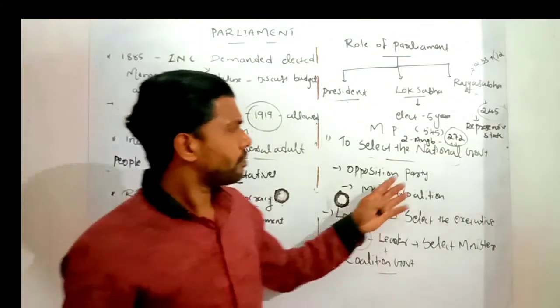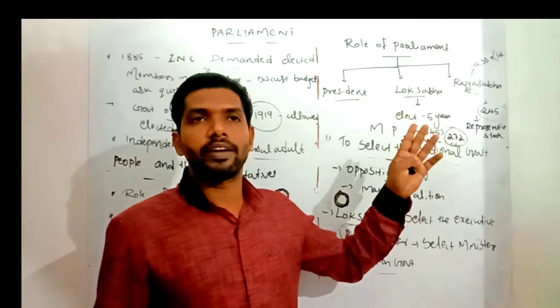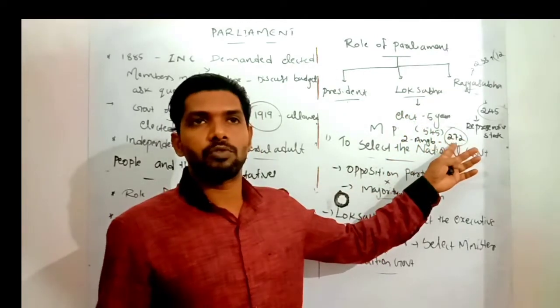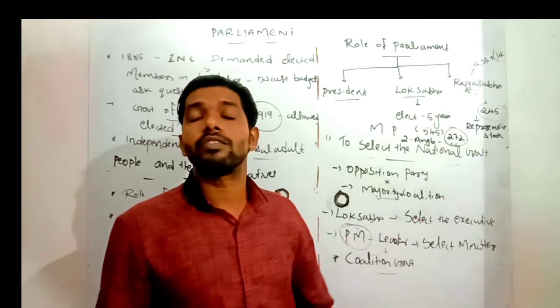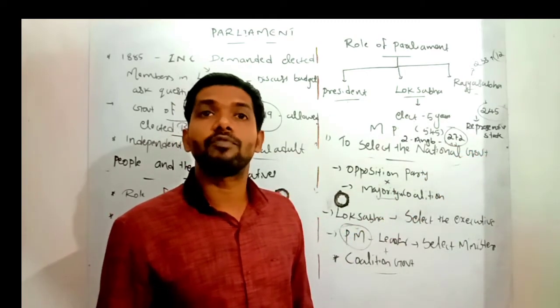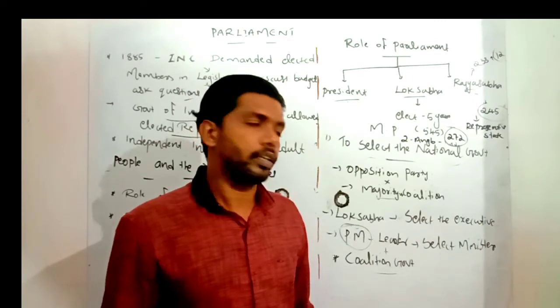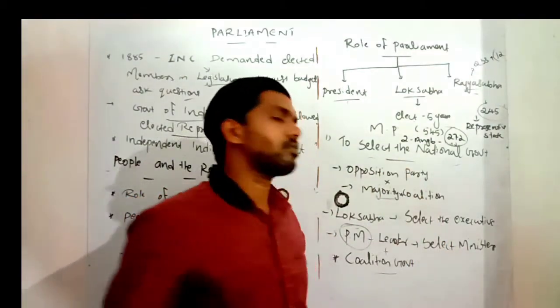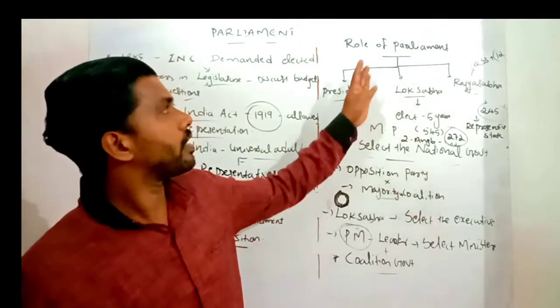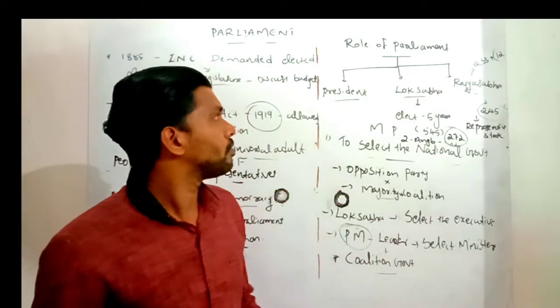Now in India, after the Lok Sabha election, if any party does not get a majority of seats, that is 272 seats, different political parties, national parties and regional parties, together make an alliance and form the government. The coalition government rules India now. That is called a coalition government. So that's about selecting the national government, the particular role of parliament. For the sake of understanding only, I will explain this part in Malayalam.